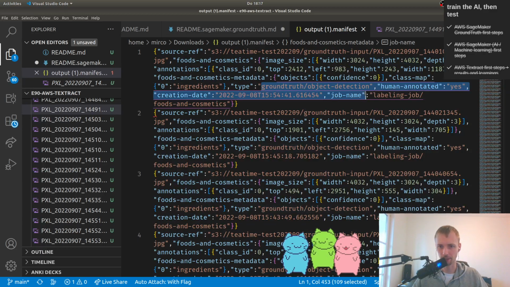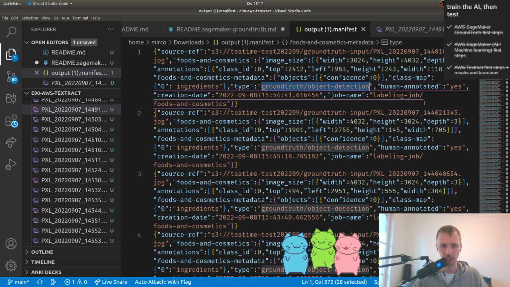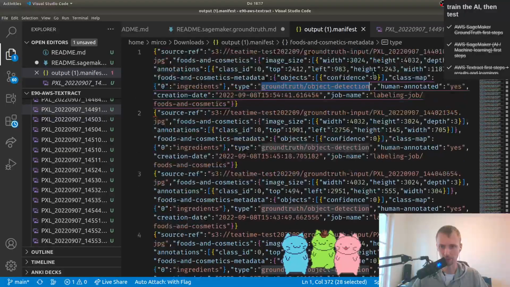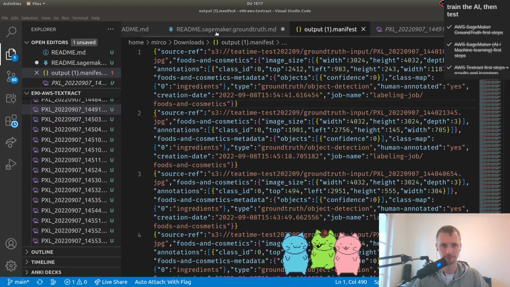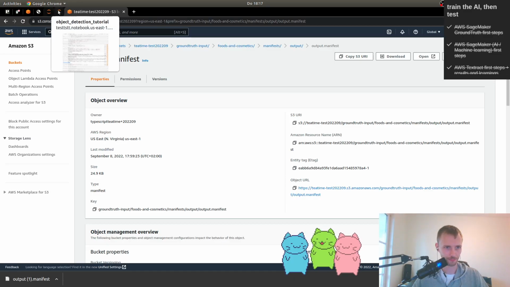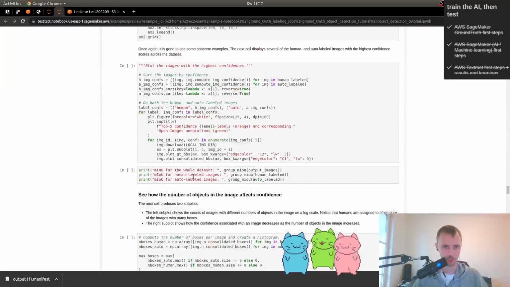And we see here even the type is GroundTruth object detection, and it is human annotated. And all of these are actually labeled now. So all of the 52 pictures have been annotated. So what we want to do now is essentially, if I look at this,